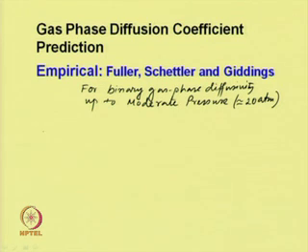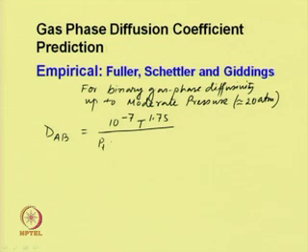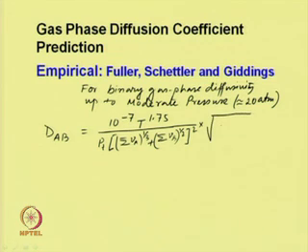The correlation they proposed is: diffusivity of A in B, D_AB, is equal to 10 to the power minus 7 T to the power 1.75, divided by P_t, into the summation over V_A to the power 1/3 plus the summation over V_B to the power 1/3, whole square, multiplied by the square root of 1 by M_A plus 1 by M_B, and the unit is meter square per second,